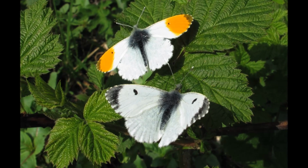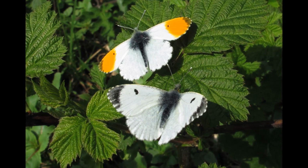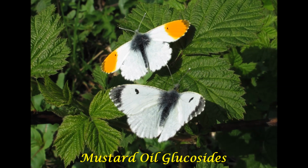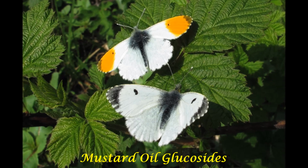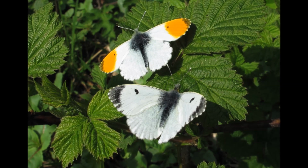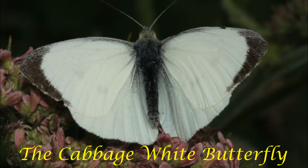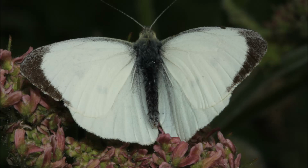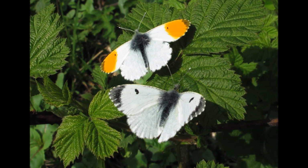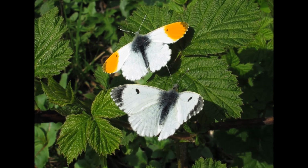Now, plants in the family Brassicaceae, specifically in the mustard family, make chemicals known as mustard oil glucosides. These glucosides are not much liked by insects, and they probably cannot metabolize them. Now, there is one group of insects in the family Pieridae, or the white butterflies, which have specialized to be immune to the toxin, and indeed evolution has adapted this species to make the cuckoo flower the preferred host plant